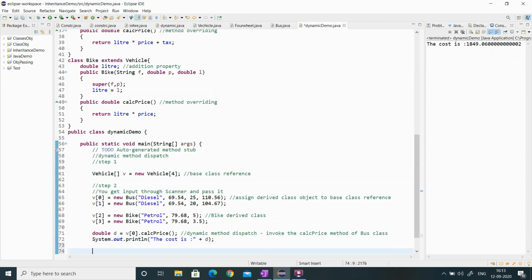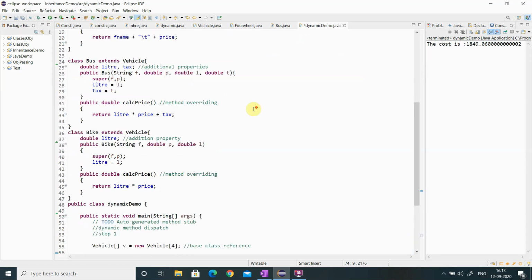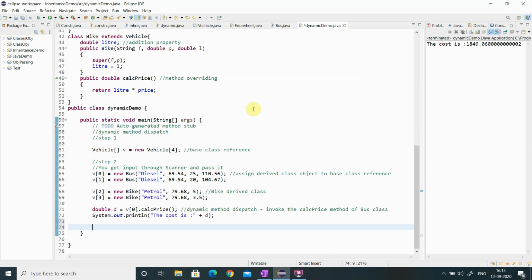And now according to my question, I have to display the total fuel price of all types of vehicles. So I need to initialize one total variable, total equal to 0. And I need to get all. So I am using the for loop, for int i equal to 0, i less than 4, because I have 4 references, i plus plus.